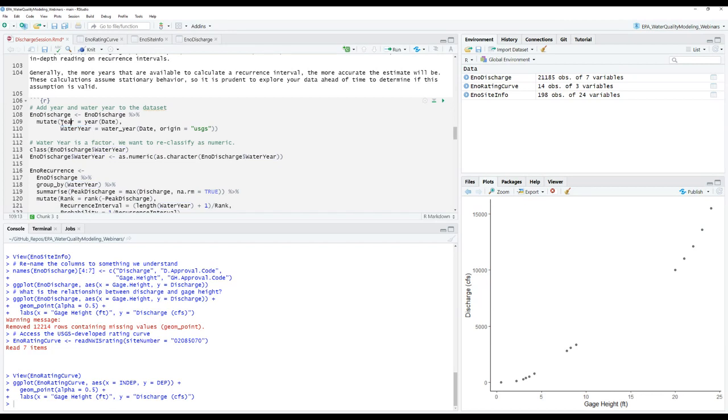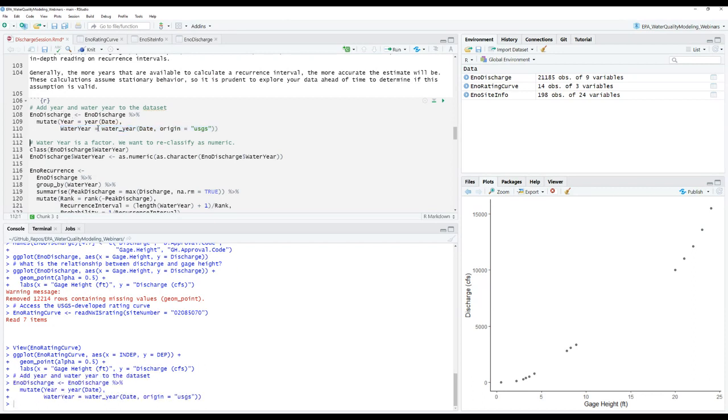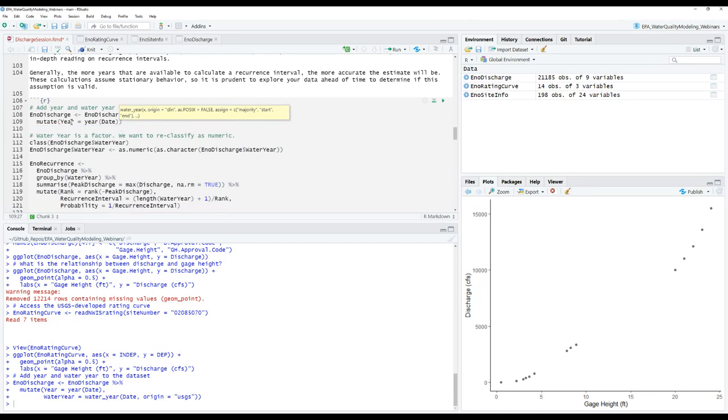So in this case, let's add a column for year within the data set and then water year, which again isn't the same as a calendar year. It still works on 12-month increments, but it starts on the 1st of October rather than the 1st of January. So I'm going to run this. If you do not have your lfstat package, all you'll need to do is delete everything on this line except for that closing parenthesis and then delete the comma on the preceding line. So it should look something like this, where you're only adding year and then you have 2 closing parentheses at the end of the line.